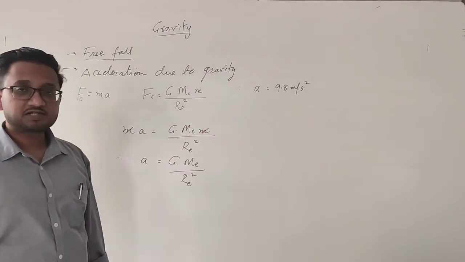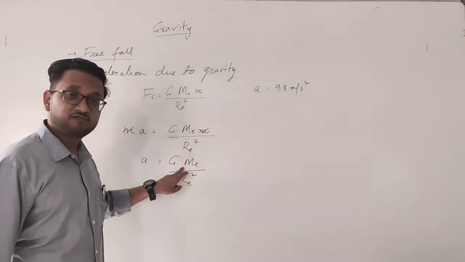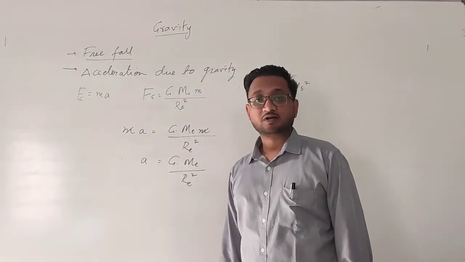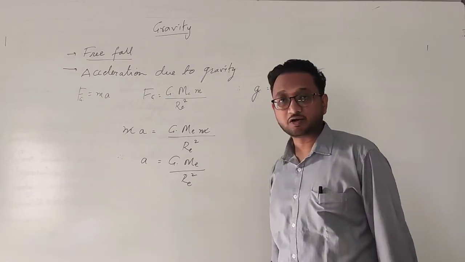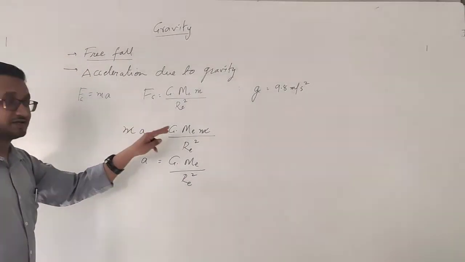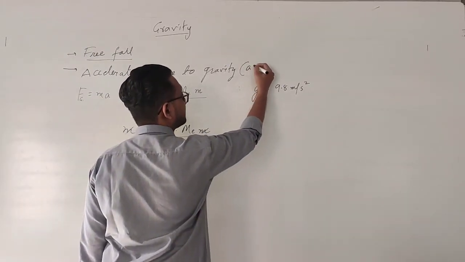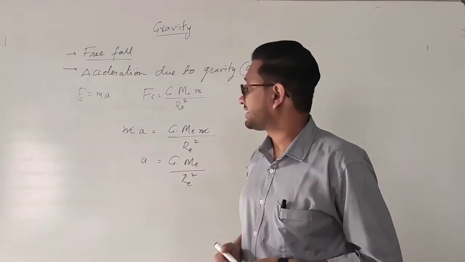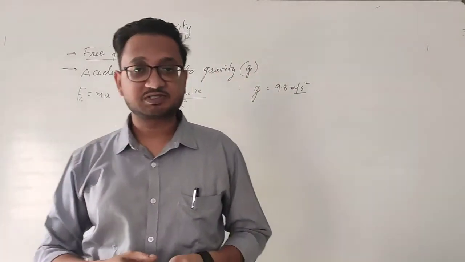Now this acceleration is happening solely because of the gravitational force of the earth. As you can see, we have taken mass of the earth and radius of the earth. So this acceleration is happening because of earth. Okay, so we are writing acceleration due to gravity of earth, and so we have changed the symbol. It is not just any acceleration, it is acceleration due to gravity, symbol small g, and the unit of acceleration is meters per second square.